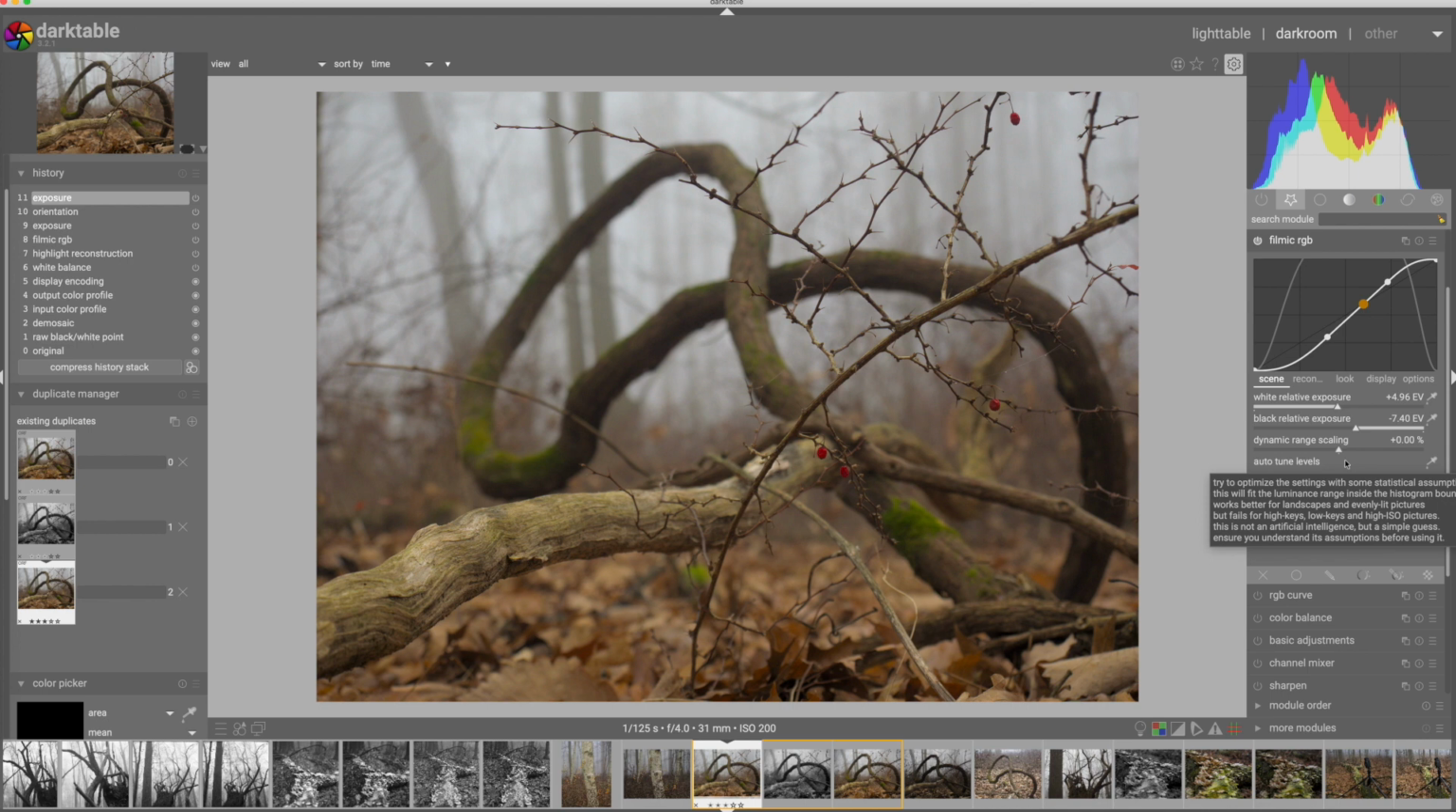I don't really need to adjust the defaults here as far as where the white and black relative exposure points are. I feel pretty good about that. This is a foggy image, so I don't need it to be super high contrast. That's not the point of a fog image, at least for me. But I'm going to go into the Look tab,